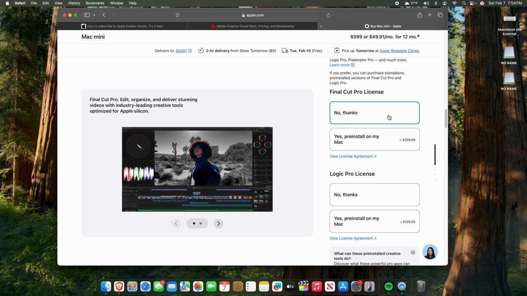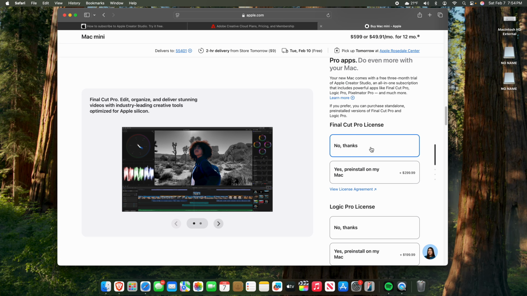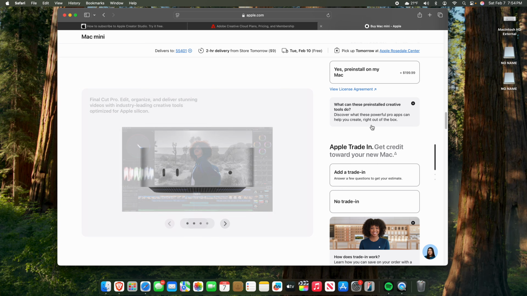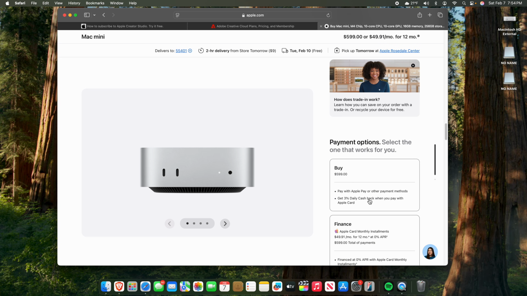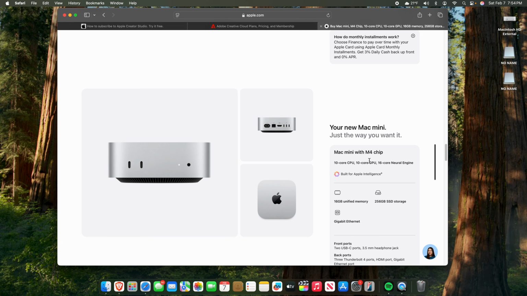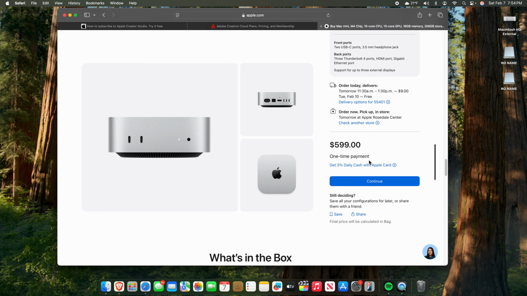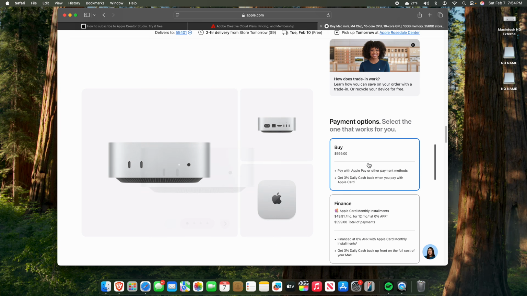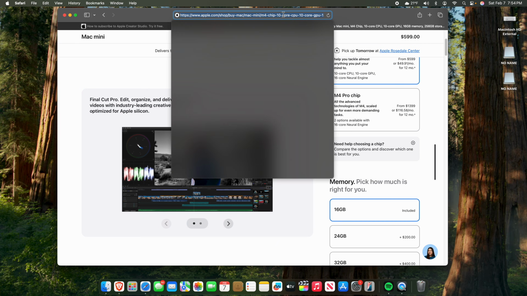So I'm gonna say no thanks on both of these. No trade-in. Buy. Yeah, and it doesn't give me the option for the apps bundle. But if we do